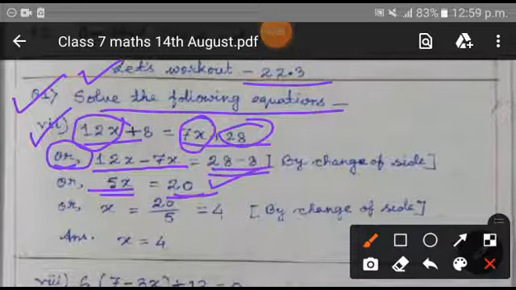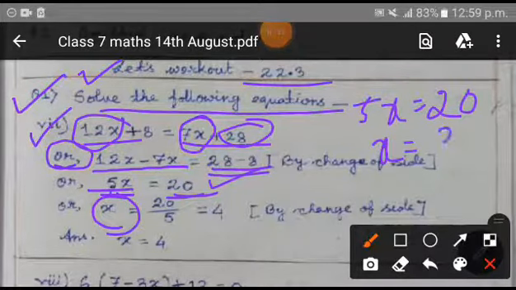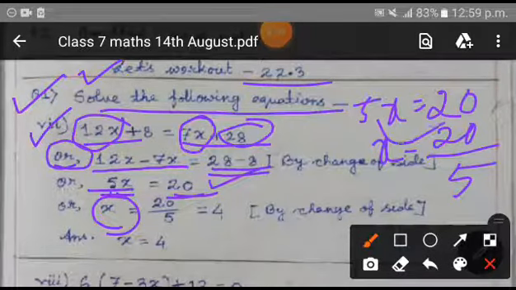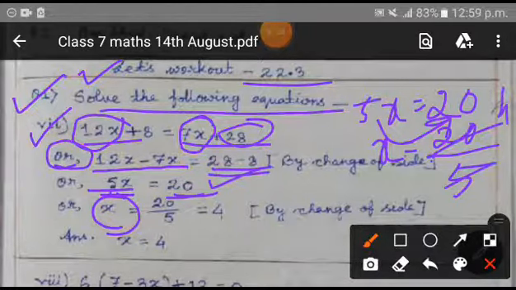So this is the method you are going to use to solve the equation. This is the method of solving the equation, that means finding the value of the unknown variable present in the given equation. So let's find out the value of x. 5x = 20. Now x will be equal to what? 5x = 20, so x will be 20 by 5. This 5 will go down into the denominator. 20 will get cancelled with 5, and you will get 5 4s are 20. So the value of x is 4.